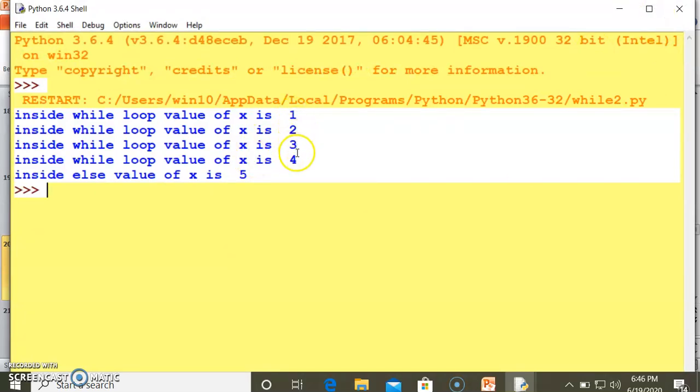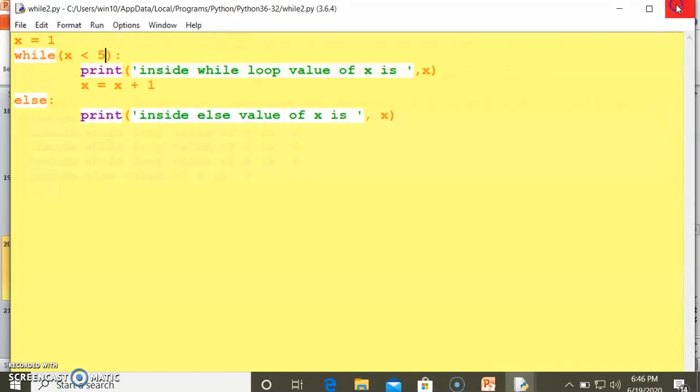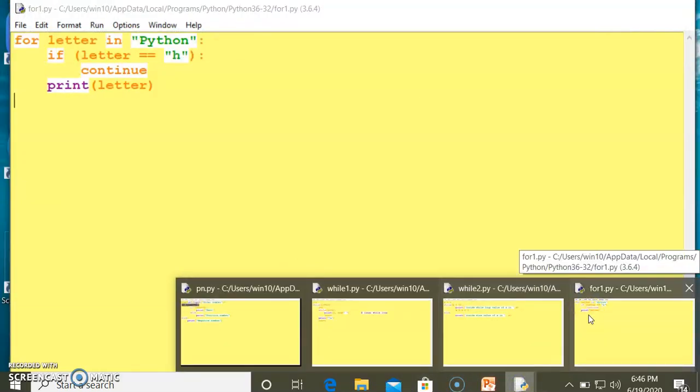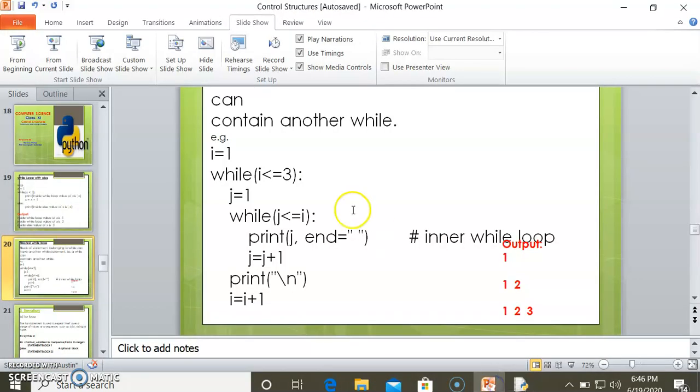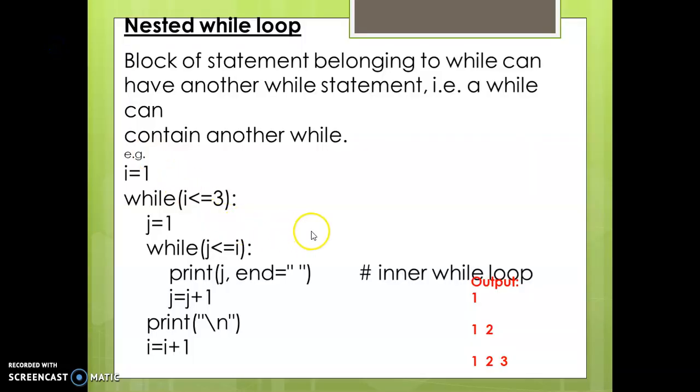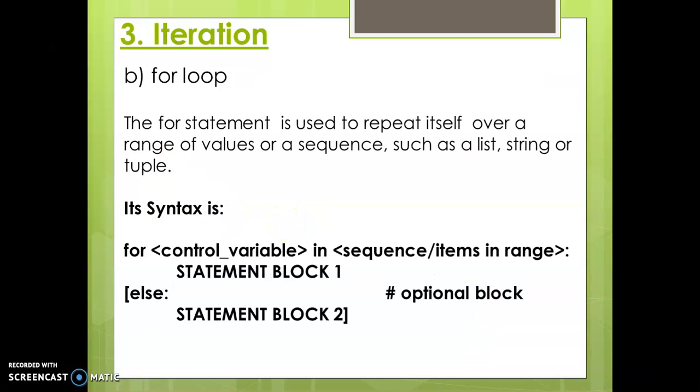See, 1, 2, 3, 4, till 5. It will work till 5. And this is working. Now next.